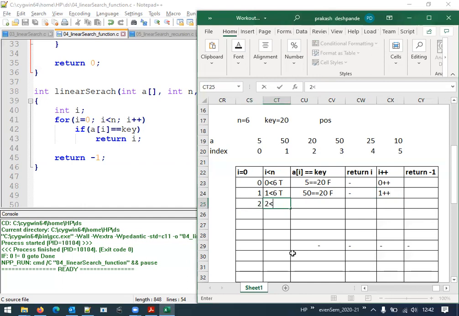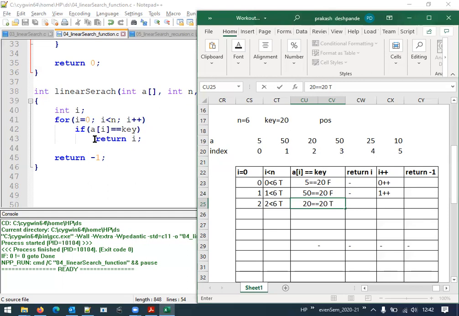Then 2 less than 6, condition is true, right? Then at index 2, that is a of 2, we have the value 20, right? So now is 20 equal to 20, that will be checked as part of the if condition. Now the condition becomes true.